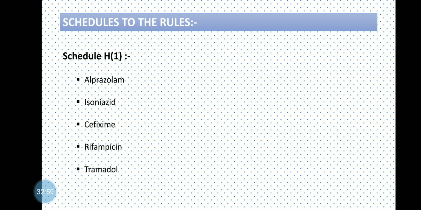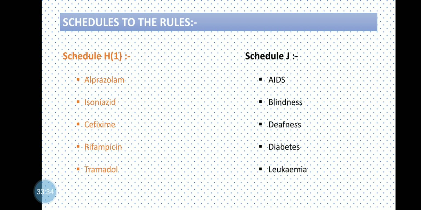What record is to be given? Like name and address of the prescriber, name of the patient, name of the drug, quantity supplied, the batch number, manufacturing date, expiry date, etc. Such a record is to be maintained by a retailer during supply of Schedule H and H1 drugs. Always remember, these are the three important schedules which are repeatedly asked in examinations: Schedule G, Schedule H and H1. Then next, that is your Schedule J.